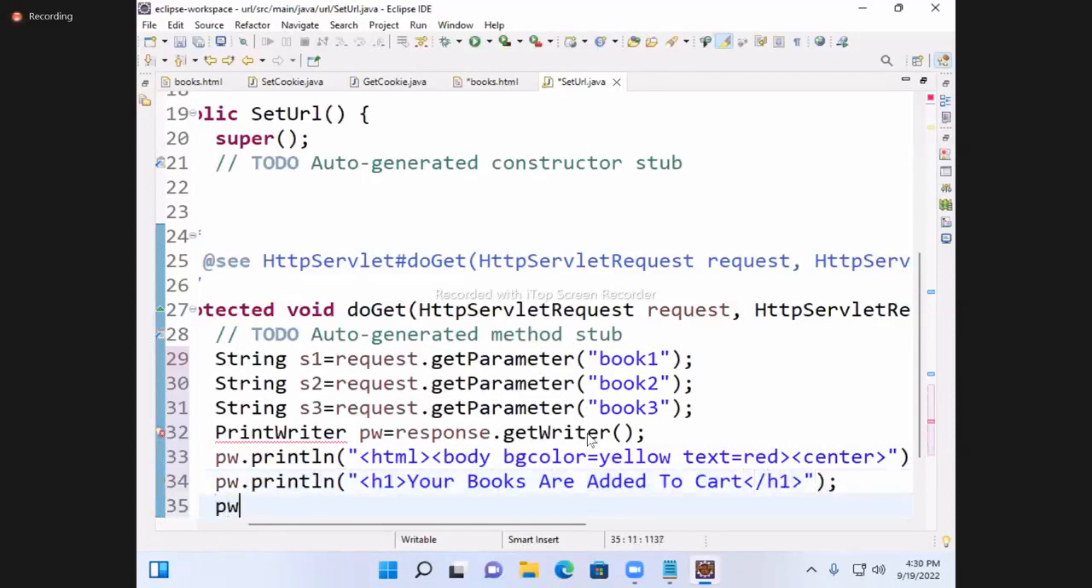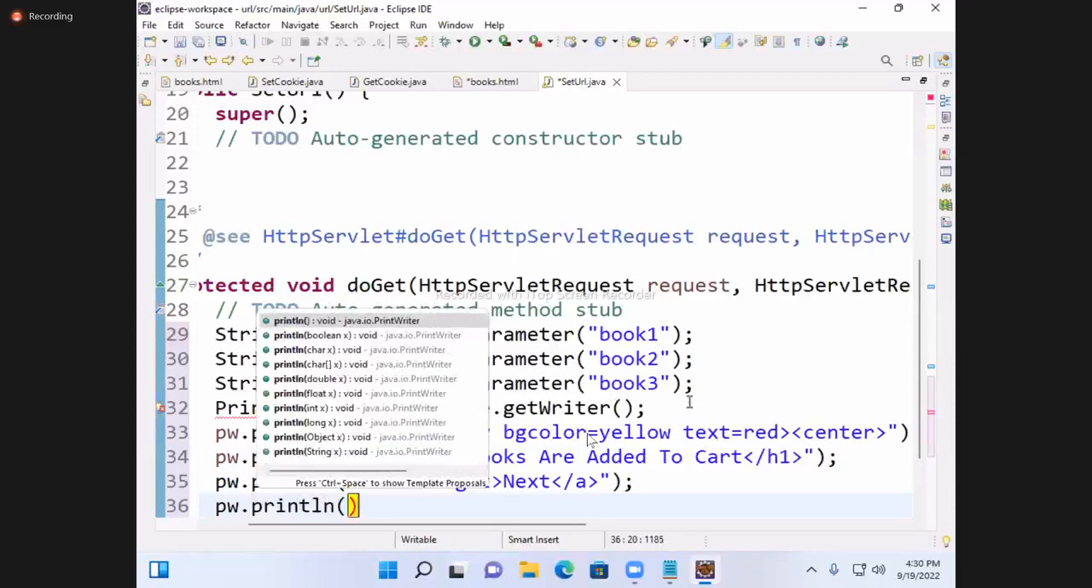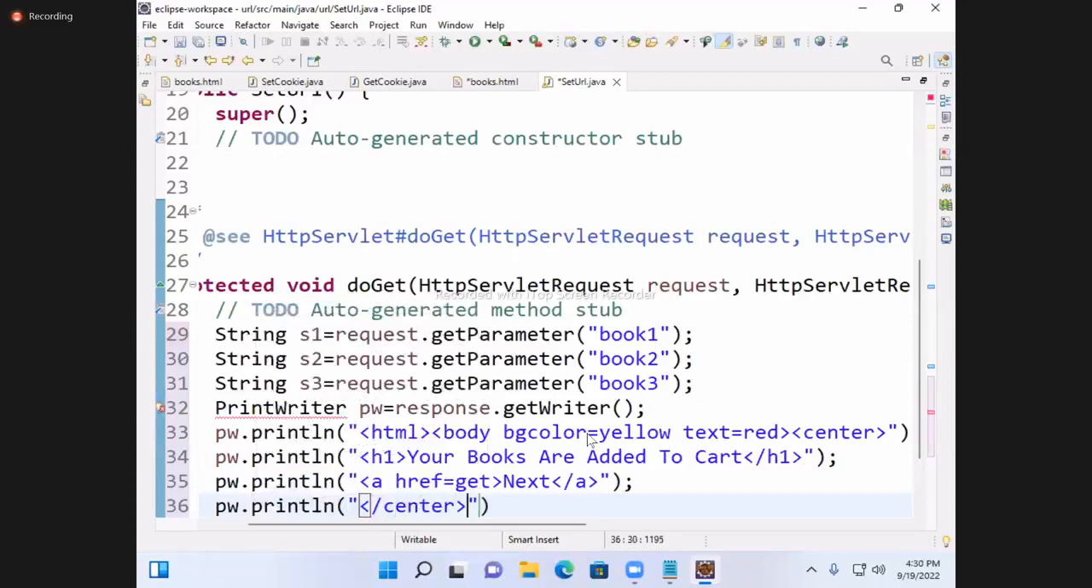After this, pw.println anchor tag. Next hyperlink. If you click get. Here pw.println center close, body close, HTML close. Now you observe